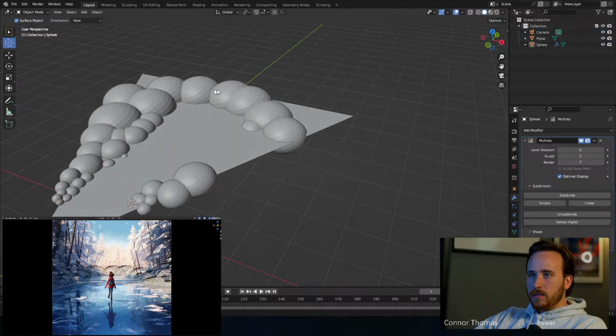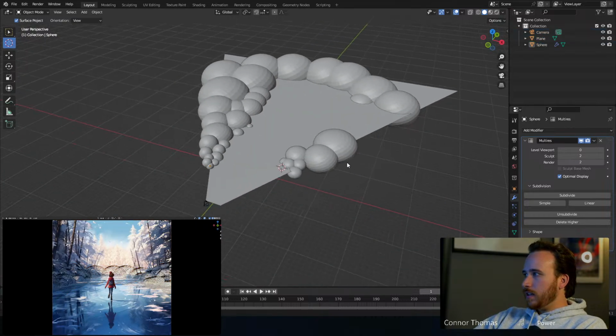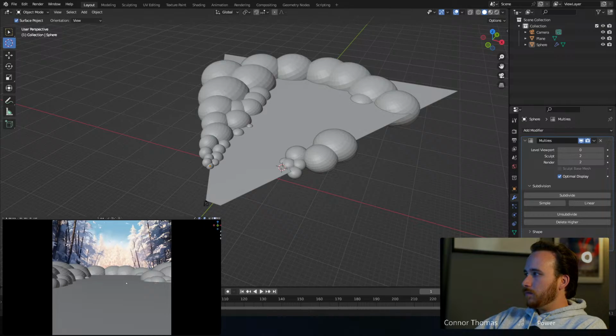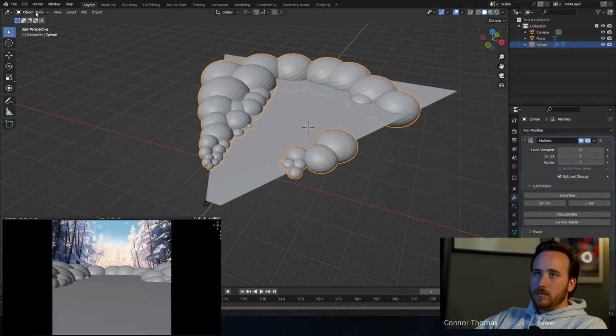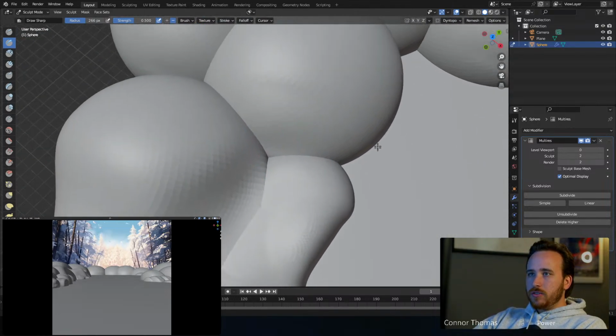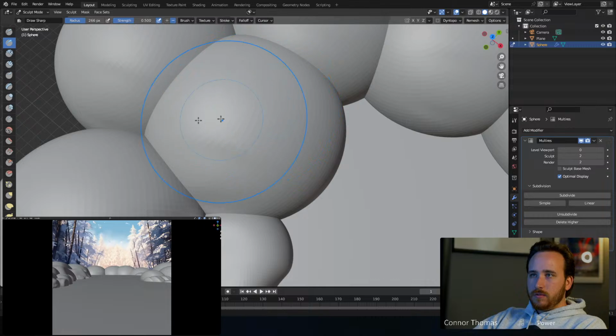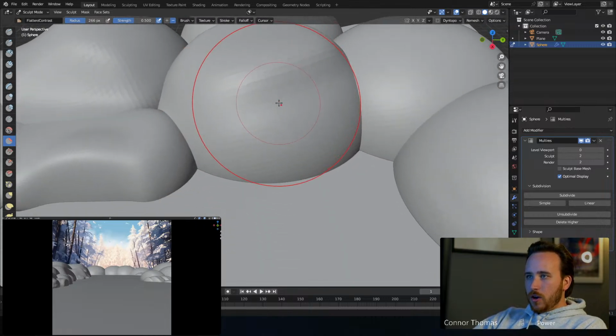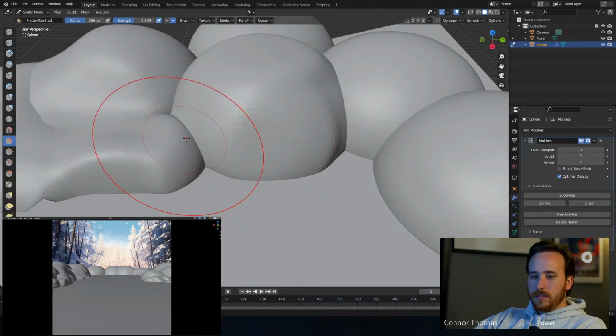Right now all I'm doing is creating a bunch of spheres that's going to create the outline of our pond. And then if we select our spheres, we can go into sculpt mode. And just using our flat tool inside of sculpt mode, we can start to mesh a lot of these rocks together. Oops, I'm on the wrong tool right now. But yeah, we could swap over to our flatten tool here, and then create these sharper edges. And we can go in and add our crease tool later to kind of,